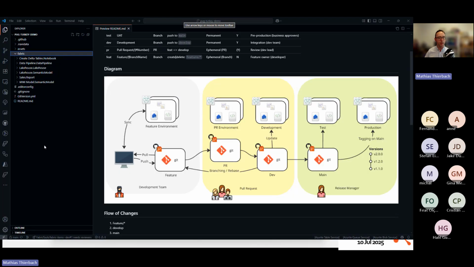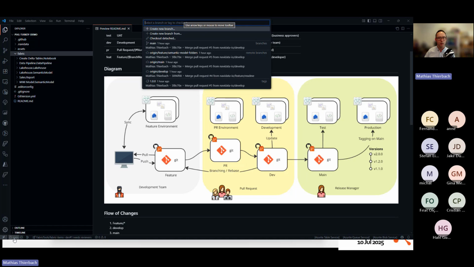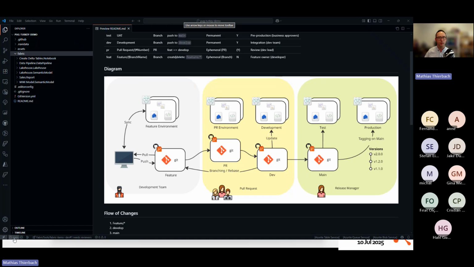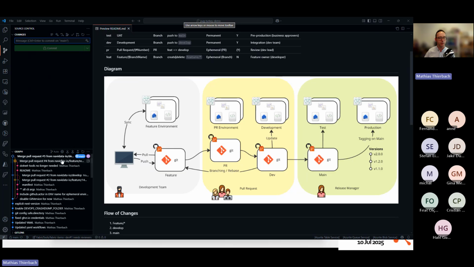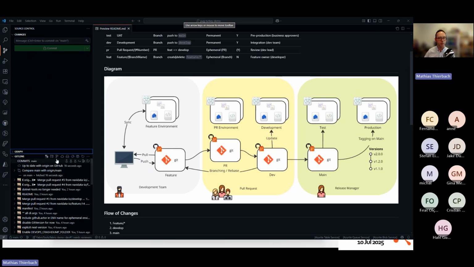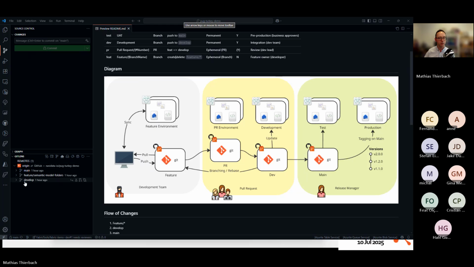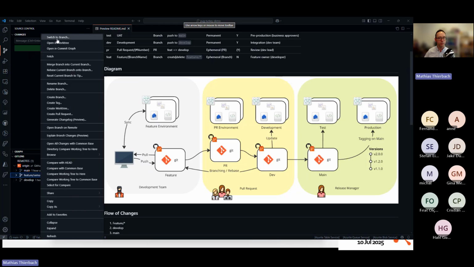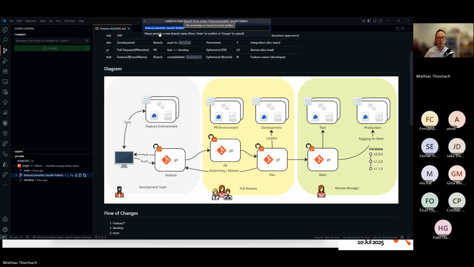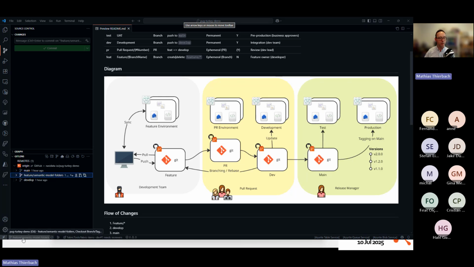Because I already have a local clone of this project, I'm just gonna check out my branch. Here we go, switch to branch. Okay. Right. So I've got my feature branch